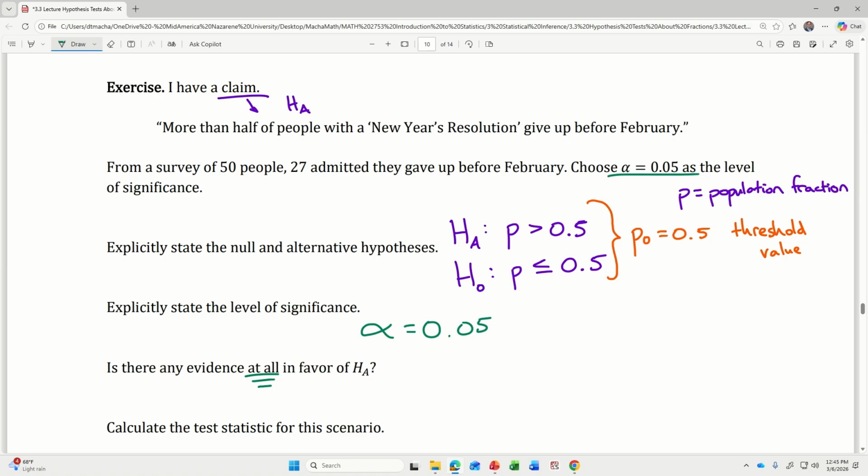Yeah, because if I were to go ahead and calculate the sample fraction, which is a p with a hat, that would be 27 out of 50. And that's definitely larger than half. That's 0.54. And if that's larger than half, then that means there's at least a little evidence